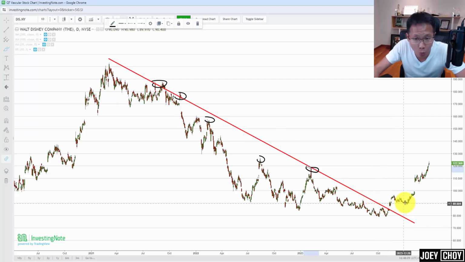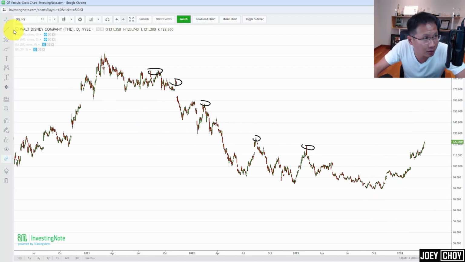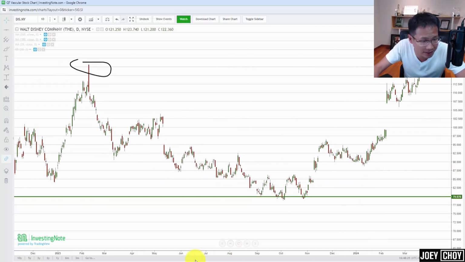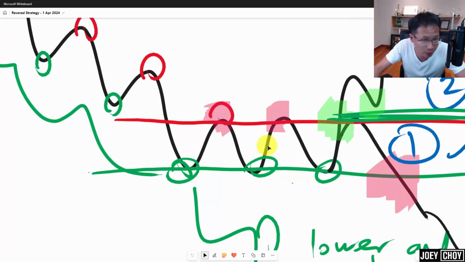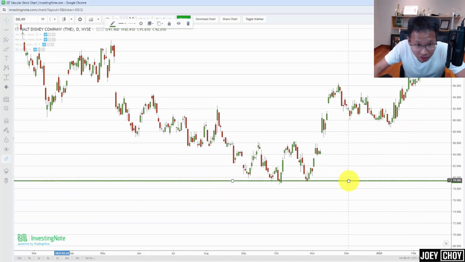You can see that for Walt Disney, we have found a bit of support around $80 over the past 3 to 4 months, somewhere around October, November. It seems like we have found a bit of a bottom over here. It's something similar to what I've drawn: it goes down and down, we found a bit of support, it rebounds, goes back down, rebounds, and the low does not get any lower. It just remains the same. That's a sign of strength, because all this while it has been going lower and lower. But now, buyers come back to defend a specific price level and it starts to rebound back up. Right around that $80, maybe $78 to $80,